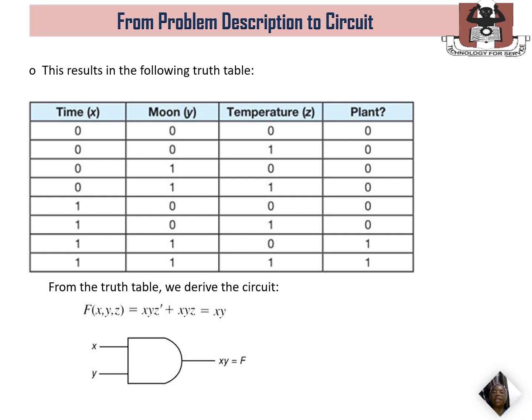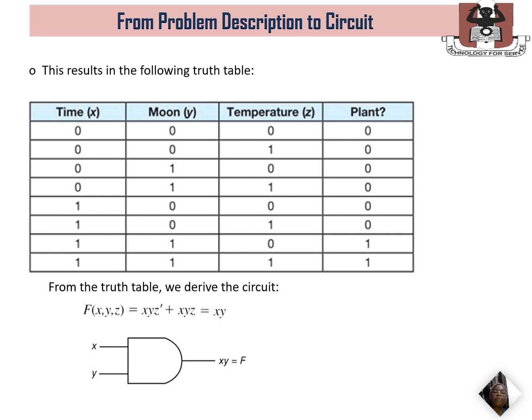So let's consider it. Here we have the time to be high. The moon is also full here. So this is the best time to plant. Then we also have the time here. The moon is full here and the temperature is also high, which means this is the best time to plant. So we said that when the temperature is below 45 degrees Fahrenheit, it is not the best time to plant. So having seen this high as the output, we now use it